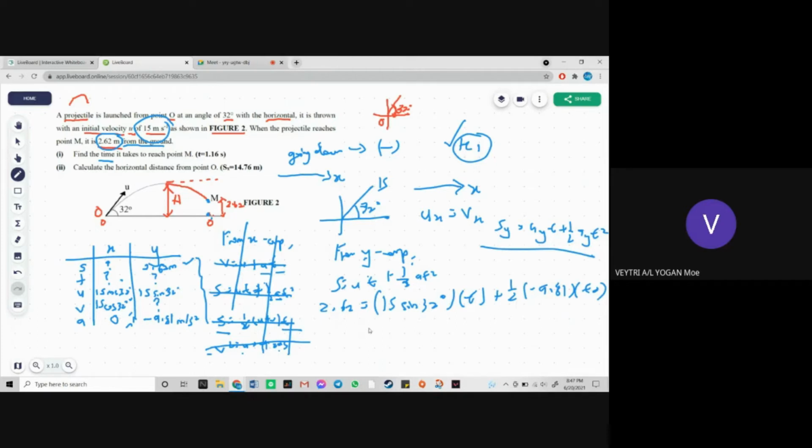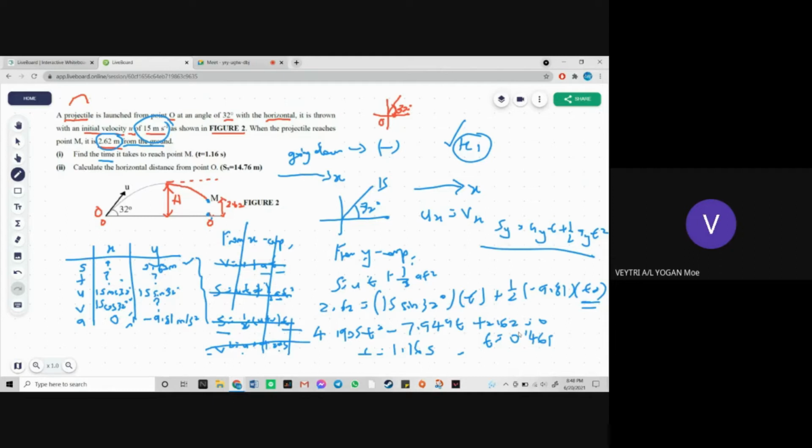Okay. Jawapan anda, okay, I think it's quite obvious sini T square kan. So dia akan jadi apa? Equation. So what you will get? You will get 4.905 T square minus 7.949 T plus 2.62 equals to 0. Okay, kalau solve ni melalui calculator, you akan dapat dua jawapan. Obviously because it's T square kan. You get T equals to 1.16 seconds. Number 2, you'll be getting T equals to 0.46 seconds. Okay. Now,